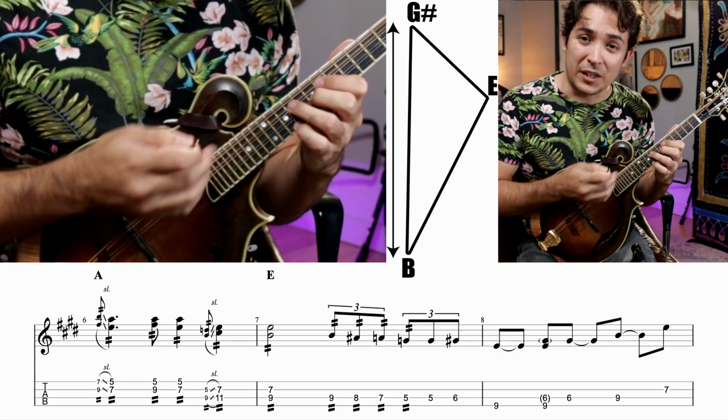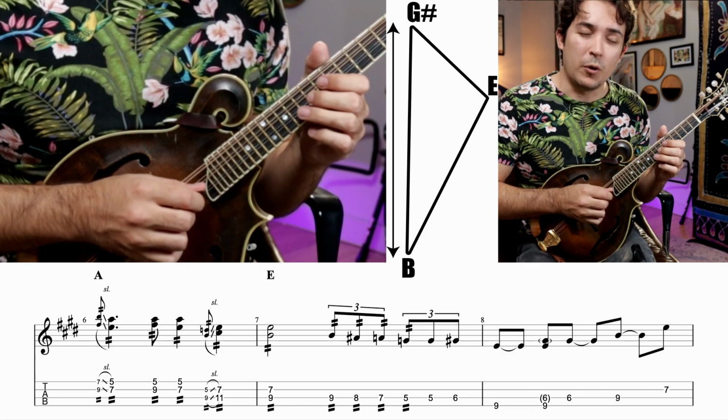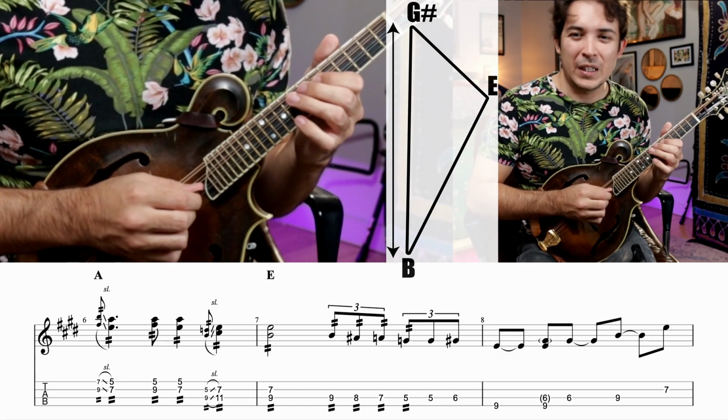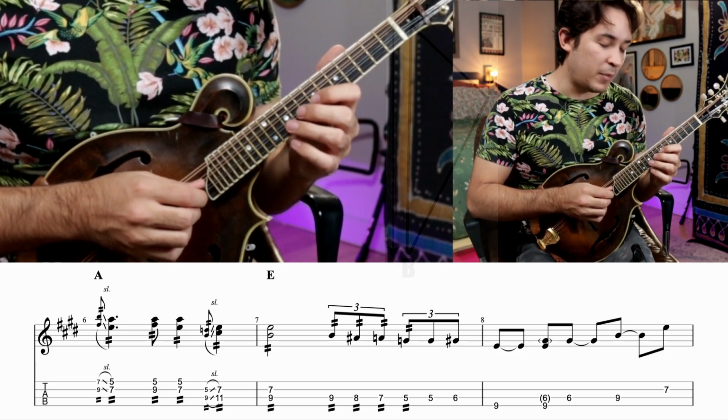So just what I played there is a lick. Or you could go backwards. A little weirder to go backwards. But the way that we make it work going backwards is by...